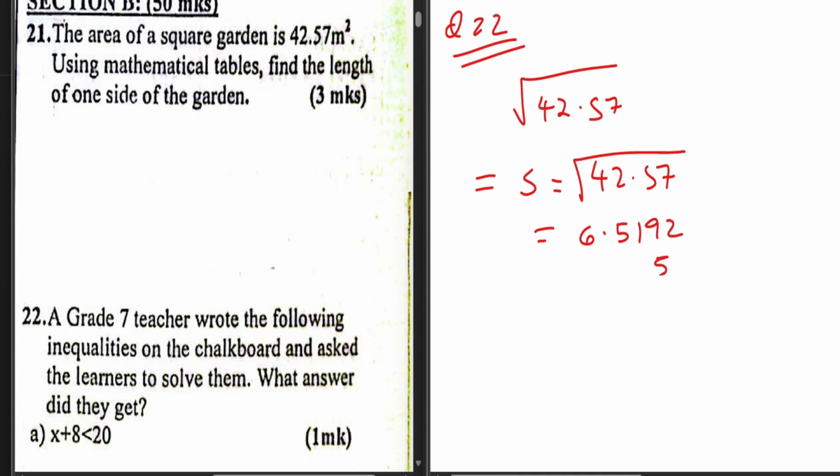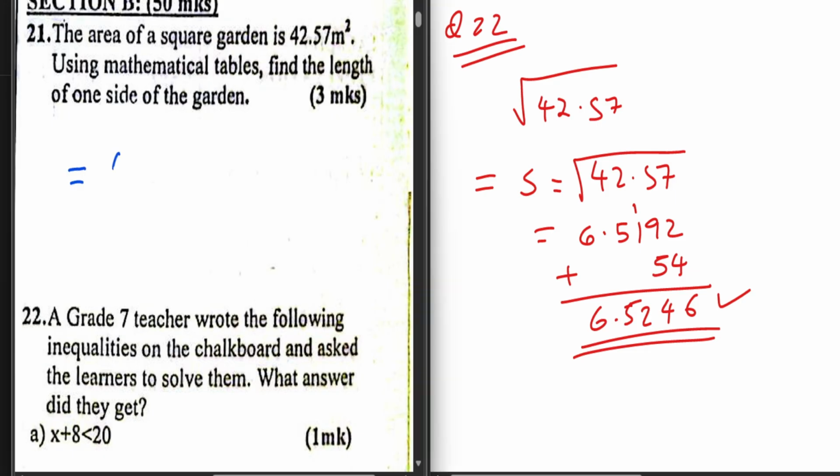6.5192, add 54 into it. Let's see how much it gives us. This is 6, this is 14, so it's going to give us 6.5246. Okay, so the fourth significant figure obviously is going to be 6.525 meters. Now if you want to confirm using your calculator, 6.525 squared is going to give you the same exact thing, which is